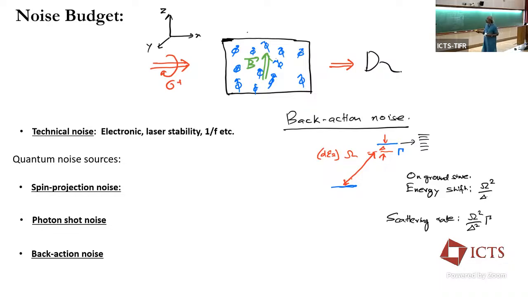And so you see that as a result, for example, this shift is actually shifting the energy level, but that's exactly what the magnetic field is doing. So now this actually starts looking like a pseudo-magnetic field, besides the fact that your atoms are getting scattered and so on. There are beautiful schemes to evade this kind of back action in different ways.